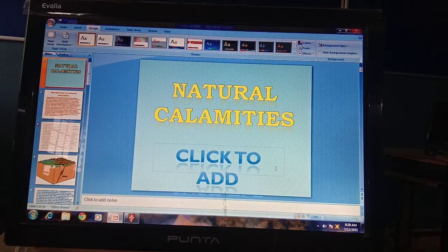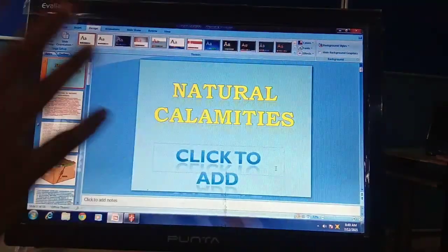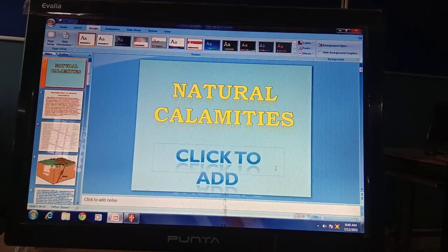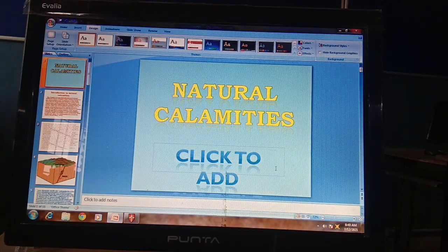Okay, some selected themes are there in the design tab, from where you can change your theme, and from the background style option you can change a particular slide color also. A particular slide background also, and you can change the background for all also. Either you can change one by one, or you can change at once by clicking on the apply to all option.